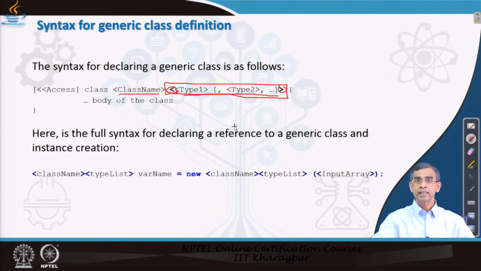That means without mentioning the actual data type, only the template type like T1, T2, T3. If you want to process 3 different types of data in your program, there are 3 different templates T1, T2, T3.